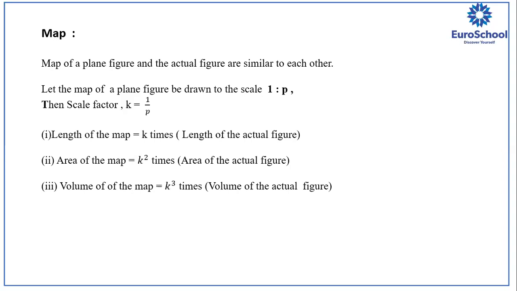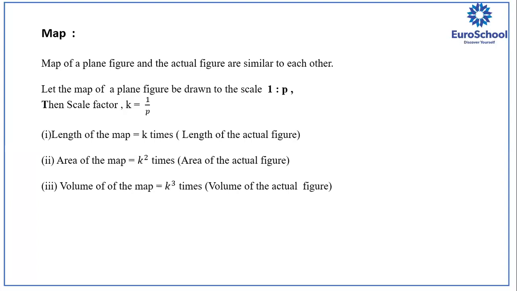If I'm saying reduce the given sheet by 1 by 3, I just want 1/3 of this sheet. What will you do? You will reduce it from all sides by 1/3, right? So 1 by 3 is your scale factor. Suppose p is written as 2 or 3 or some integer greater than 1 in the denominator. Then is it a reduction or an enlargement? Reduction. Whenever you have a denominator greater than 1 and in the numerator you have only 1, then you will always get a reduction.